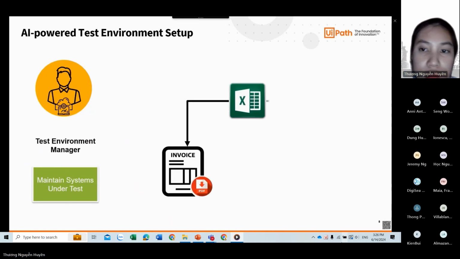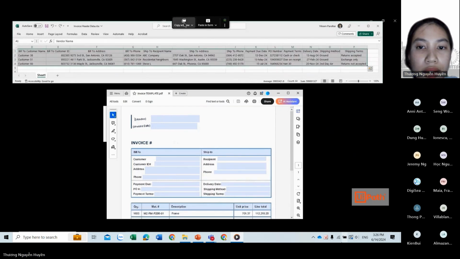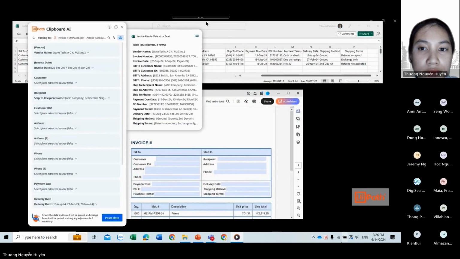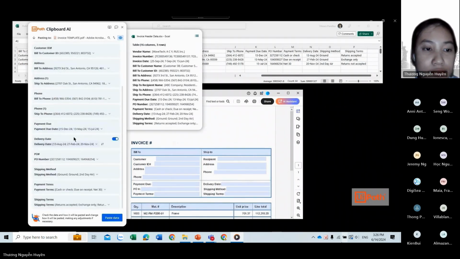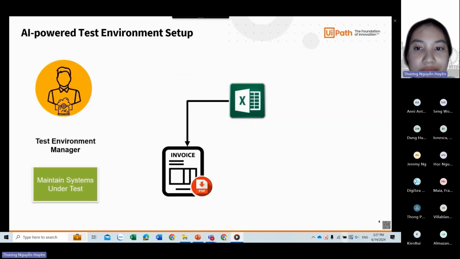And here we use Clipboard AI to copy data from Excel and paste it in the document. And about the test data in SAP,